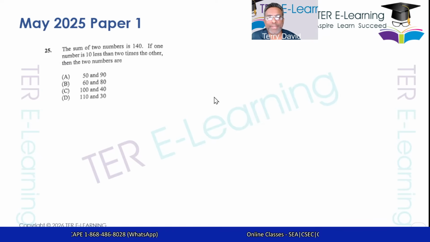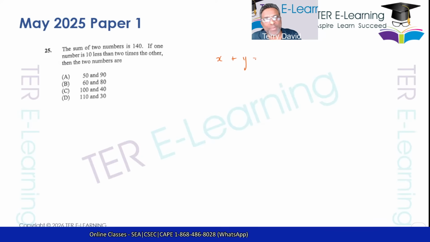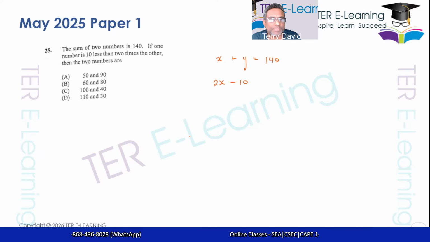All right, what's happening here now? The sum of two numbers is 140. We don't know those two numbers, so let's call them x and y. When we add up two numbers, we get 140. They're also telling us that one of the numbers is 10 less than 2 times the other. Now we're not sure which one is which, right? So if it's 10 less than 2 times the other, one number